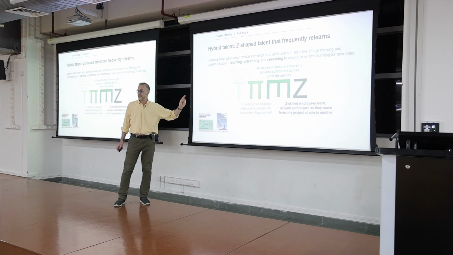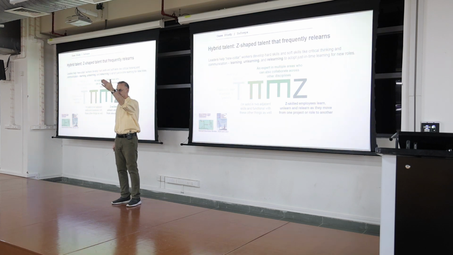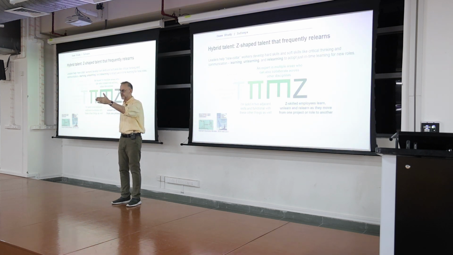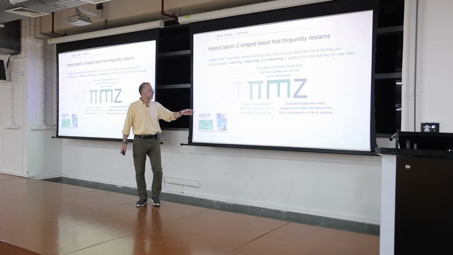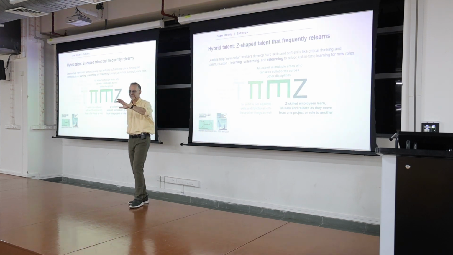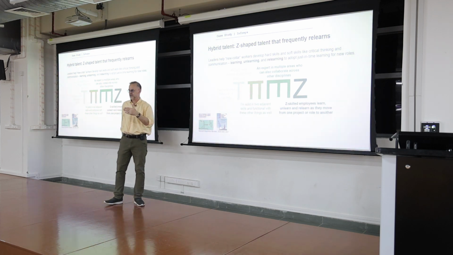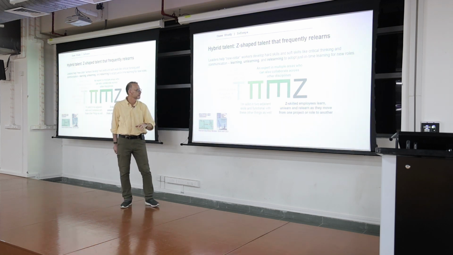Okay. A T model, this very first one, says you're very deep in something. I understand a particular segment. I'm really good at pharmaceutical design, and I'm a product manager. And not only am I good at this, but I work well with others. I can work within an organization. I can work with the financial controller. I can work with the programmers. I have those skill sets, so I'm able to connect and communicate.